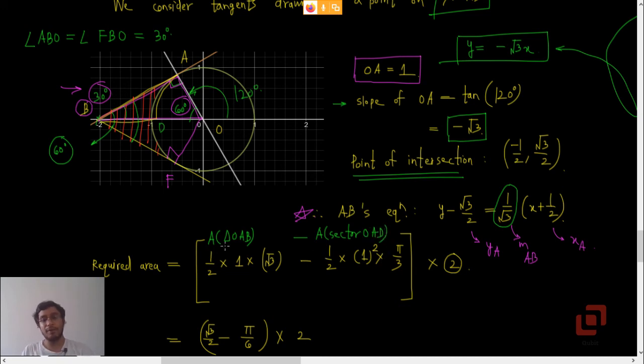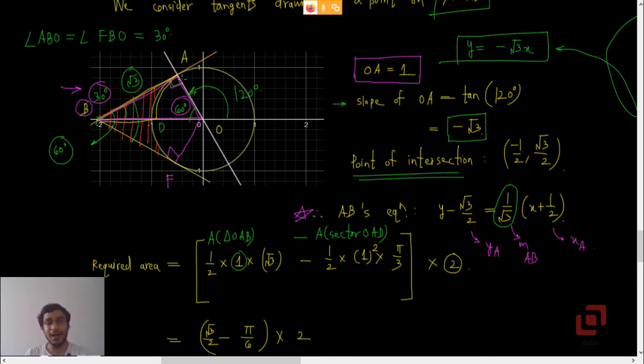Now to find the area of the triangle, you need the base of the triangle and the height of the triangle. Now the base of the triangle is the radius OA. Now how can you find AB? Because triangle OAB is a 30, 60, 90 triangle, you can find all its dimensions very easily. So if OA is 1, you can check that AB is √3. Only then the hypotenuse will be 2, and you can see that here the x coordinate of B is -2. So the distance between points O and B is 2, so the hypotenuse is 2.